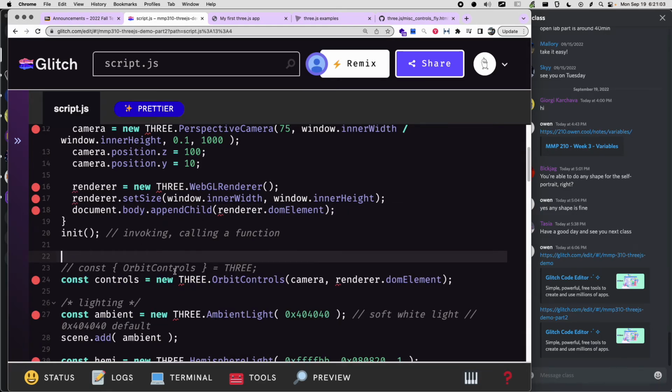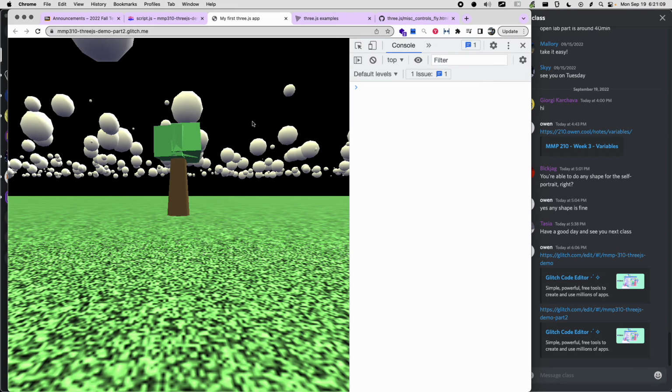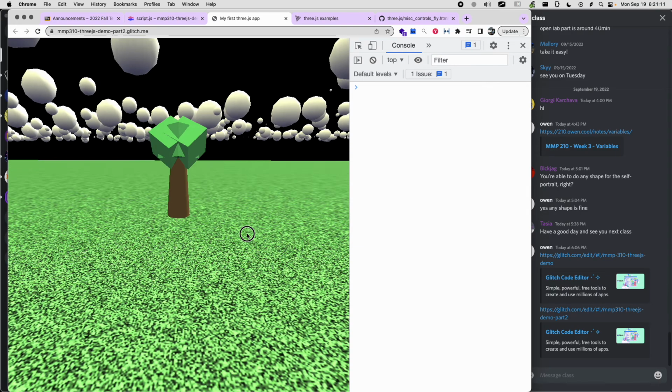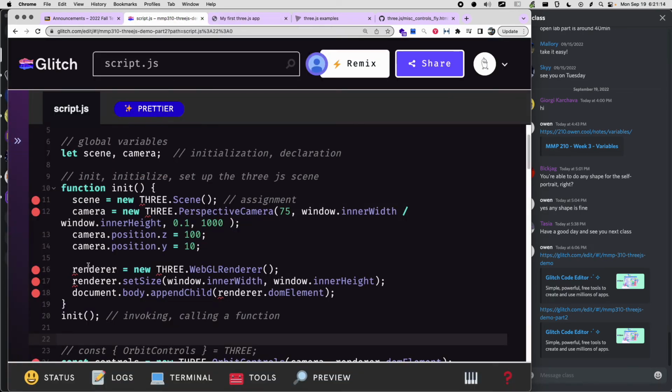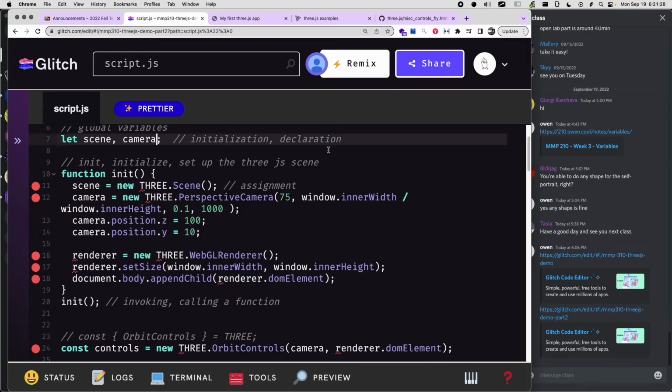And let's say I forgot to add my render up here in my global variables. If I reload my scene, I'm going to get another error. Oh, actually, I'm not because JavaScript does variable hoisting, so never mind. Since I didn't use any declaration here, what JavaScript does is it actually adds these variables to the global scope, which is a little weird, but we're just gonna add it up here anyway. So we'll say render,